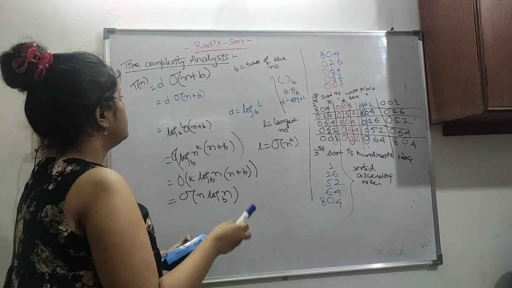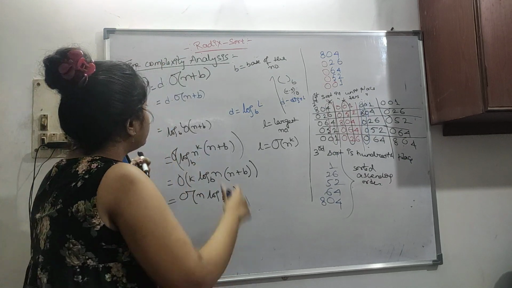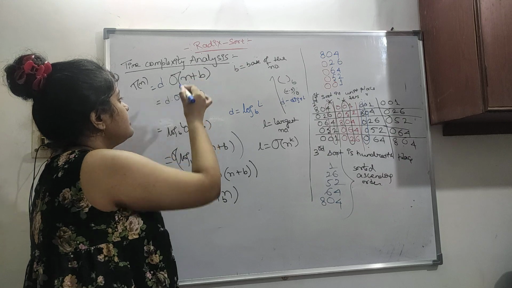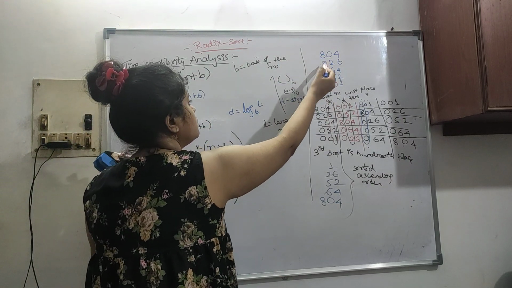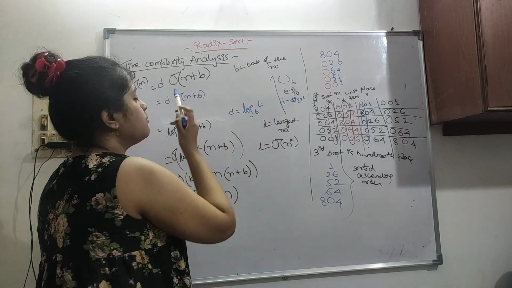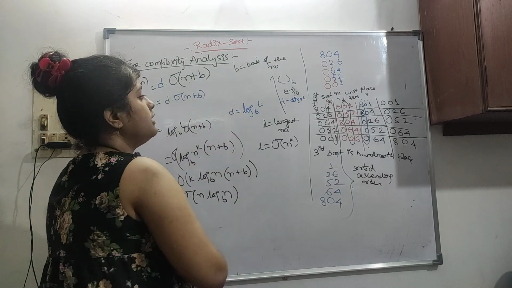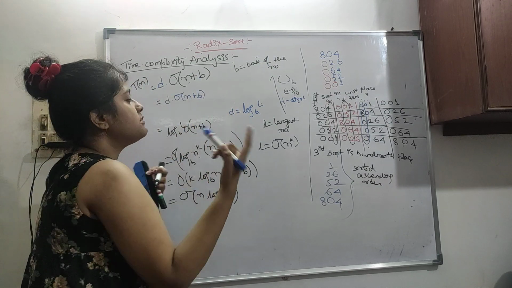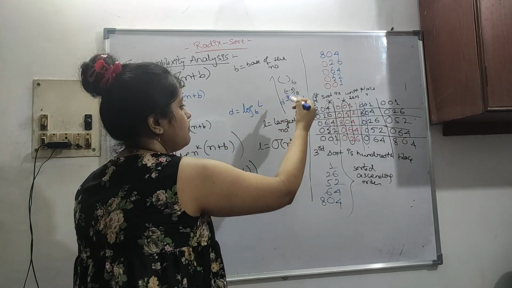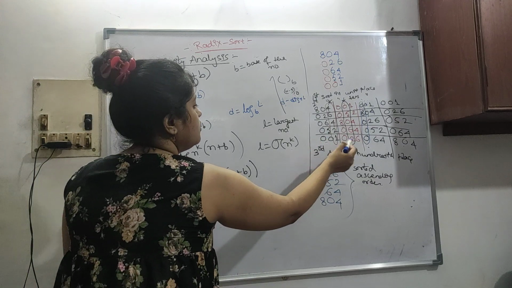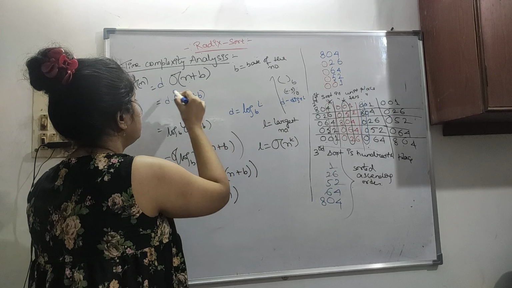Now let's redo this. The total time taken is n plus b. Here n is the number of elements present, 1 2 3 4 5, so 5 is the number of elements, and b is our base, which is 10 because we have taken decimal numbers. Now the sorting will be applied d times. Because here we have 3 digit numbers, we apply this sorting 3 times: 1 2 3. So for d digit numbers, we apply it d times.